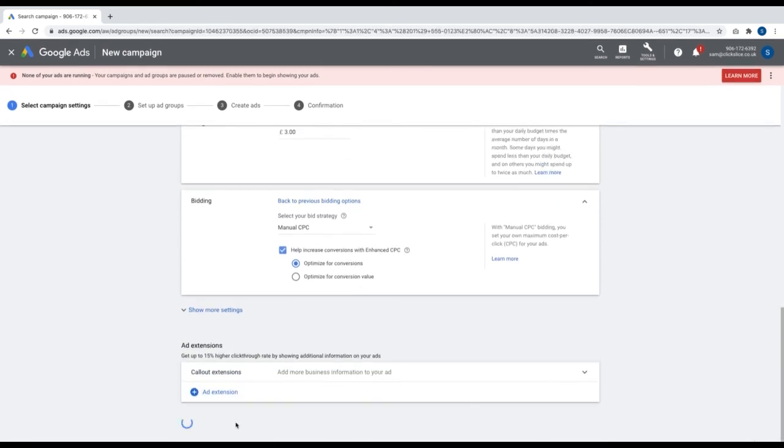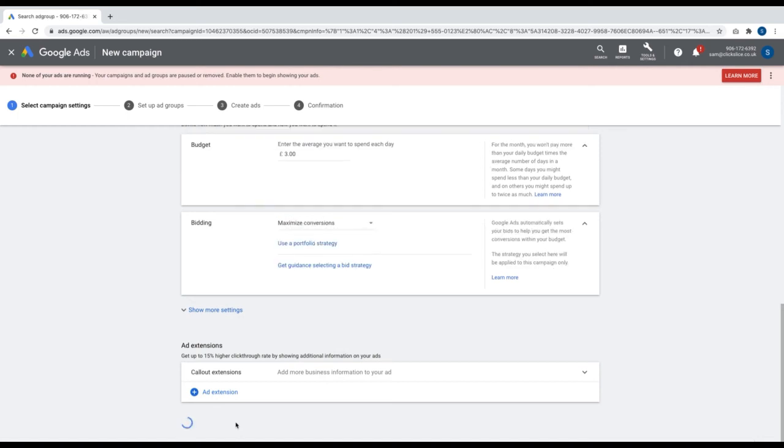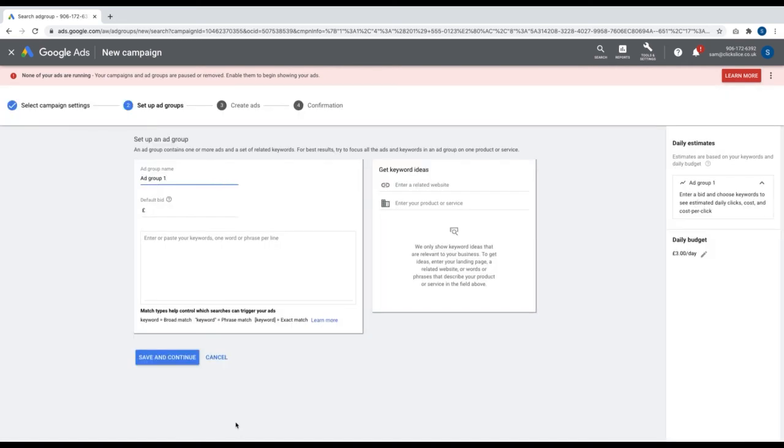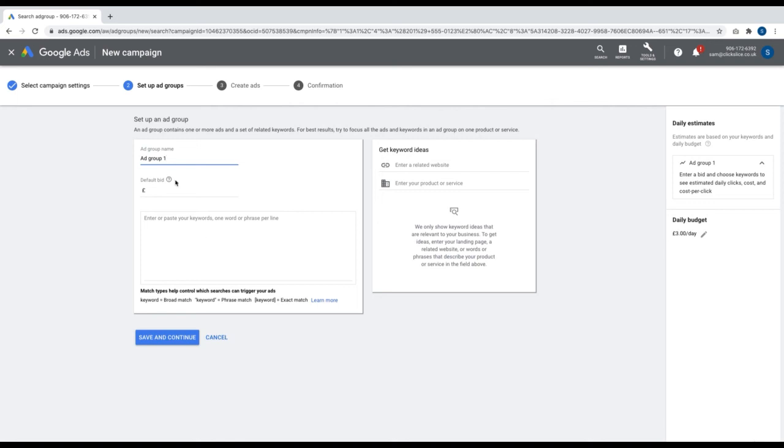And this is where I need to create my ad group and now add my keywords. Again, all like we've done before. So just for the purpose of the training video, I'm just going to give this a name, call only ceiling fans. This will do for now. Default bid, let's do £3, enter my keywords. I'll just put in ceiling fan, then I'll put in modern ceiling fans, and I'll just make these phrase match